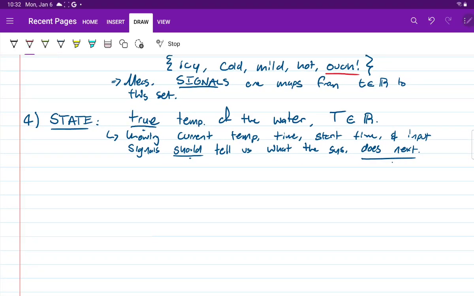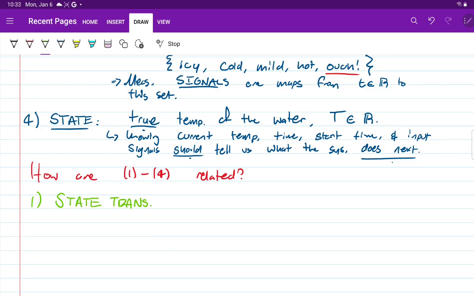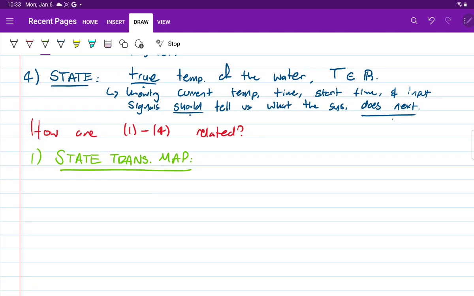Now, how are these things tied together, right? How are objects 1 to 4 related? Well, there's a couple of different maps that relate these things that really exist implicitly in this model of a shower system, right? And there are two different maps. So map 1, we have something called the state transition map. All right, so it's a kind of fancy name. What does this mean? Well, we know that underlying this shower system, we have some map